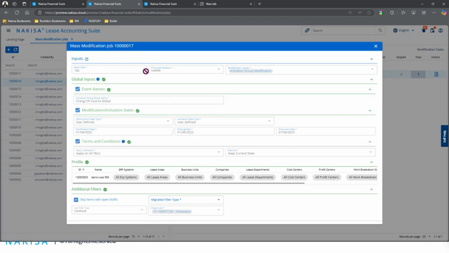Another one that I would like to show is basically you can change your CPI local to CPI global, or one of the different three indexation types that we have, that's none, global, and local. You can change vice versa based on what's required using the mass modification. So in this example, if I can show quickly,